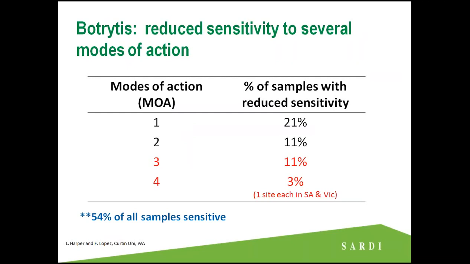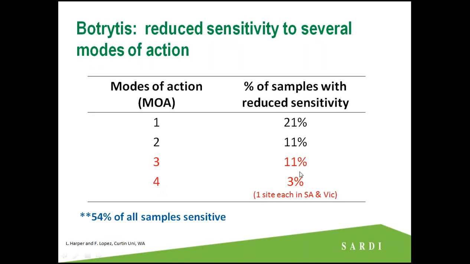so just moving on to the next slide, what this is showing is the number of samples with reduced sensitivity to one or more modes of action. So 21% had reduced sensitivity to only one mode of action, 11% reduced sensitivity to 2, and so on. Now only 3%, this was one site each in SA and one site in Victoria, had reduced sensitivity to 4